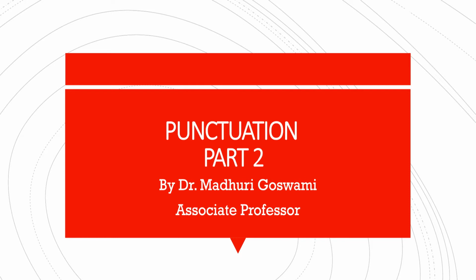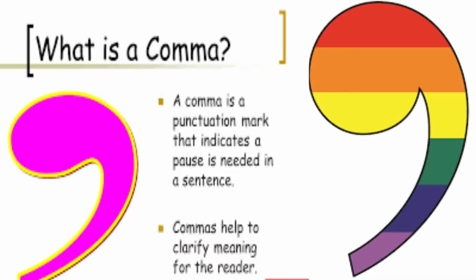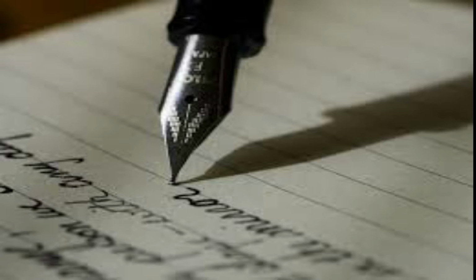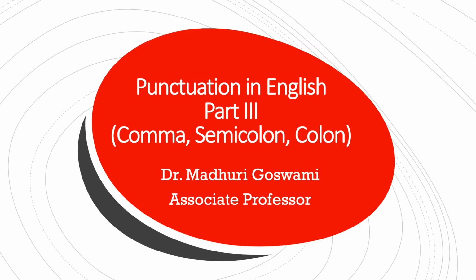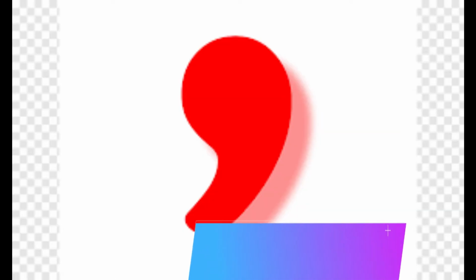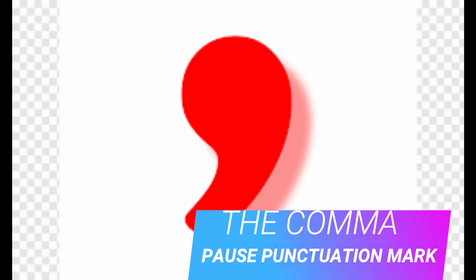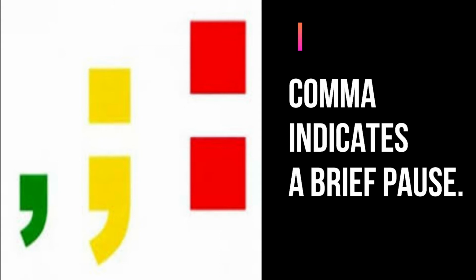We learned the basic use of commas in English. But there are some other uses of commas which are also very important to avoid mistakes. It's important to know about those uses to be able to write quite clearly and effectively. In this lesson, we will study those other uses of comma as it's a pause punctuation. What do we mean by pause punctuation? When we want to pause for a brief time, for a very short time, then we use comma and other pause punctuations like colon and semicolon.